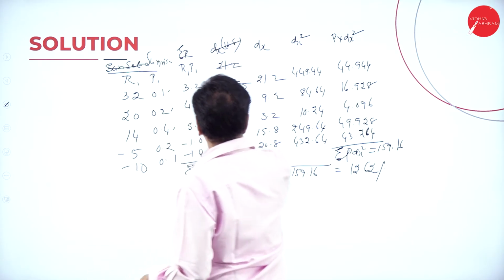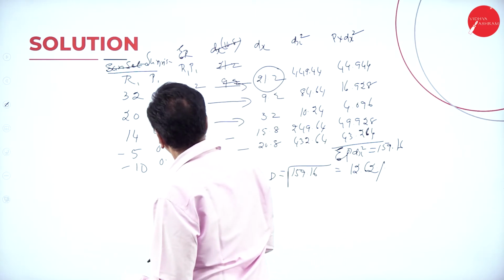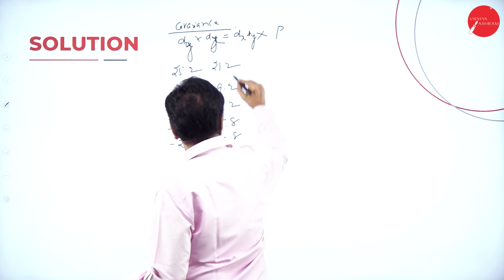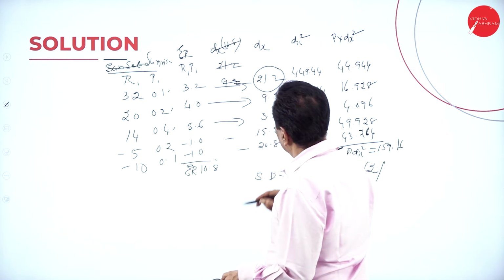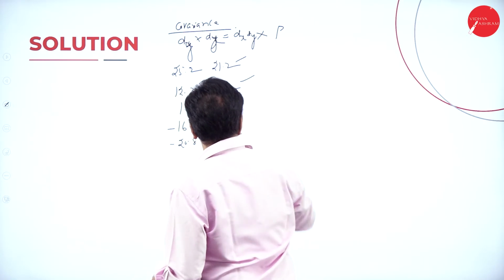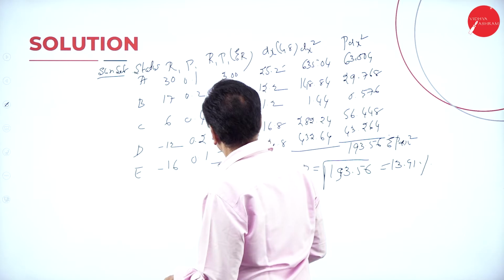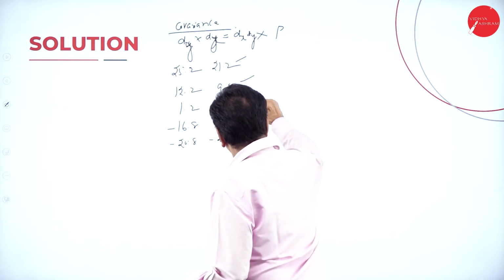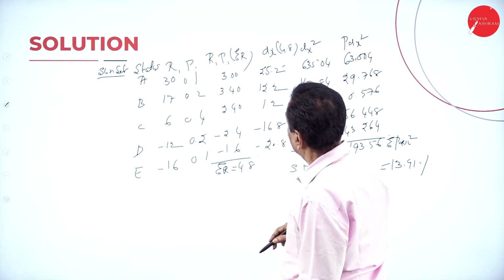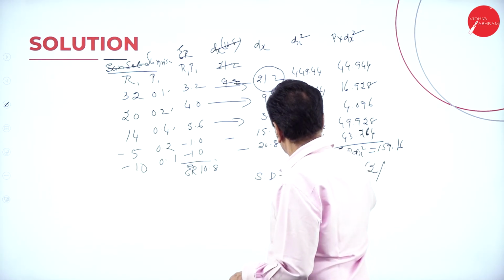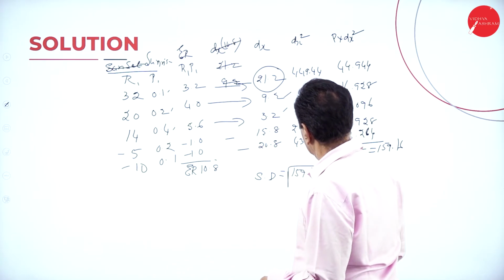Recheck. Sunrise dx 21.2, okay. Then 9.2, okay. 3.2, okay. 15.8. Next,